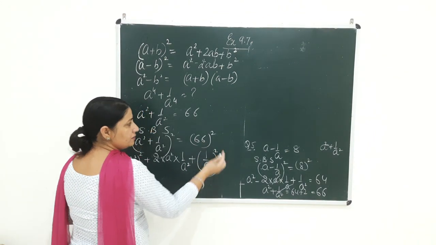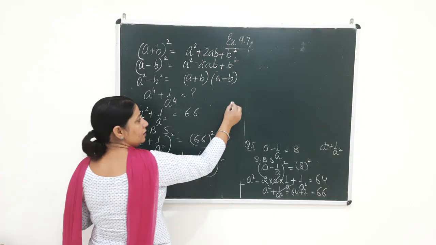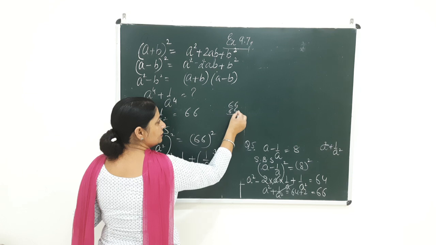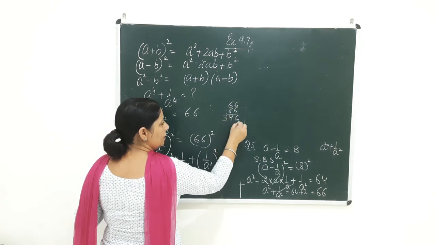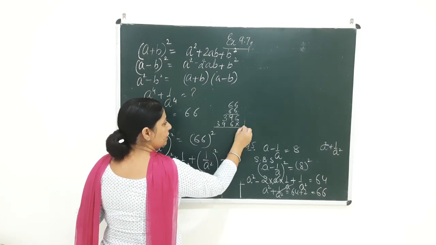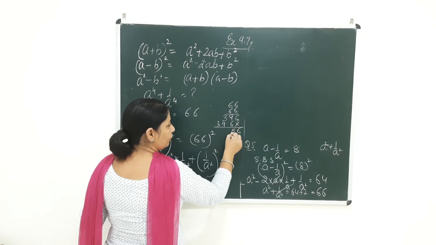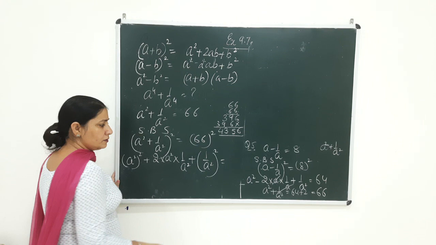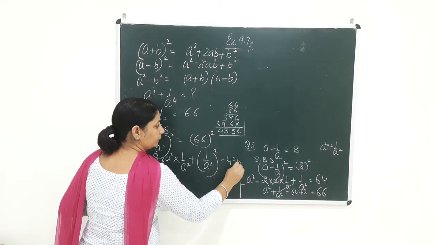And on this side beta, we will write the square of 66. So we will multiply 66 with 66. 6 6s are 36, 6 6s are 36 and 3 is 39. Again it is going to be repeated here, and we get 6, 9 plus 6 is 15, now 12 and 1 is 13. So you get 4 3 5 6 on this side.